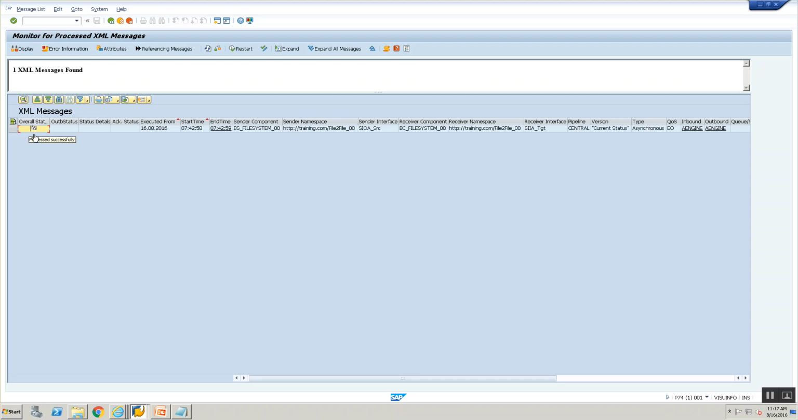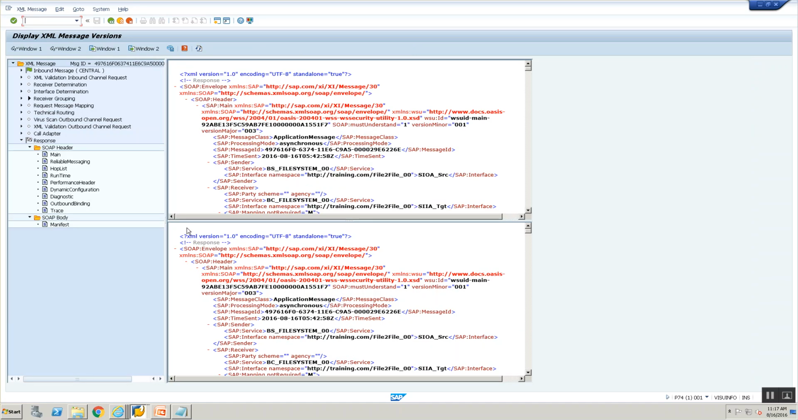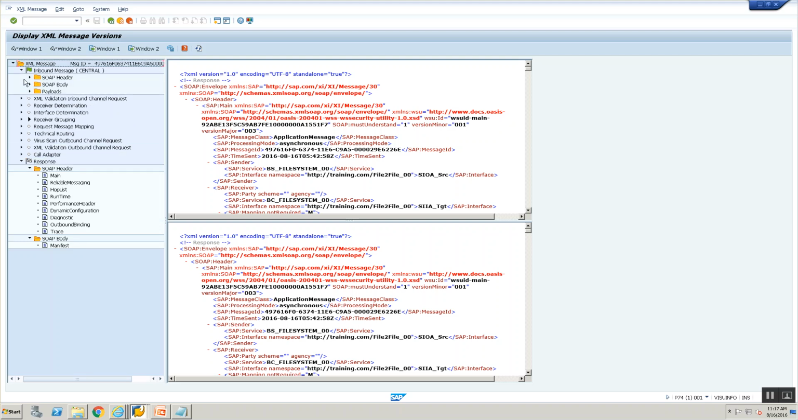And you see one line that is showing the status of your message, right? And then you can double click anywhere on your message. And when you double click, you see the detailed log of your message. If I want to see the inbound message or the input message, I will go to inbound message, payloads, and